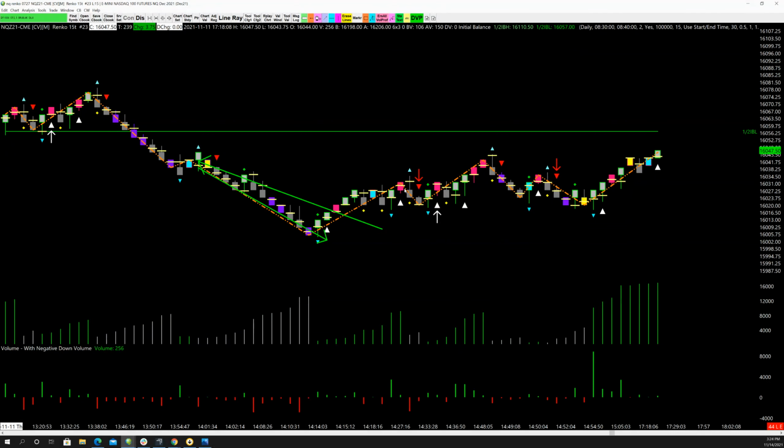You might take this for continuation. If you did that and said, well, they're going to continue there, and you didn't see the turn or you didn't think it was going to turn, you're going to take that short right there. The best you could have done is going to be a 24 for 18. Not a very good trade. 6 points, $120 a contract, and that's assuming you could have gotten in as quickly as possible. However, assuming you're using a one bar stop, let's say this is your 12 point stop and you're using location,